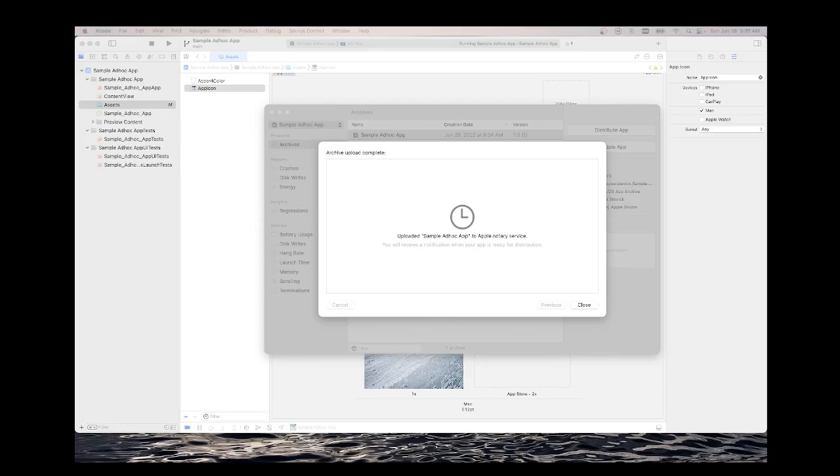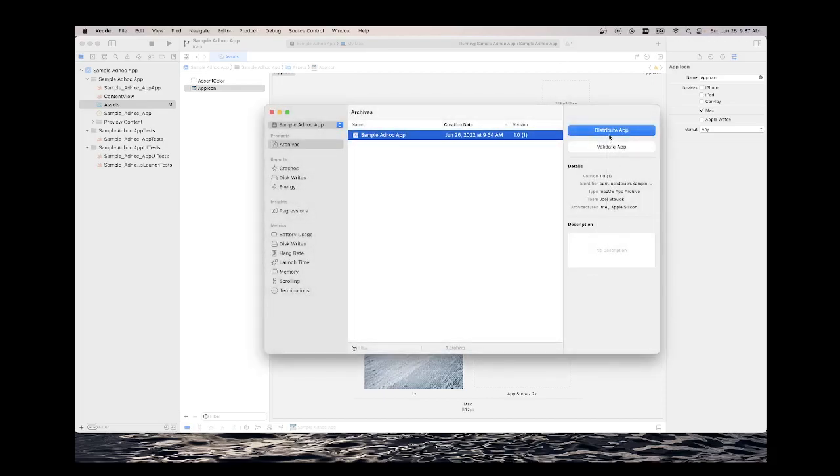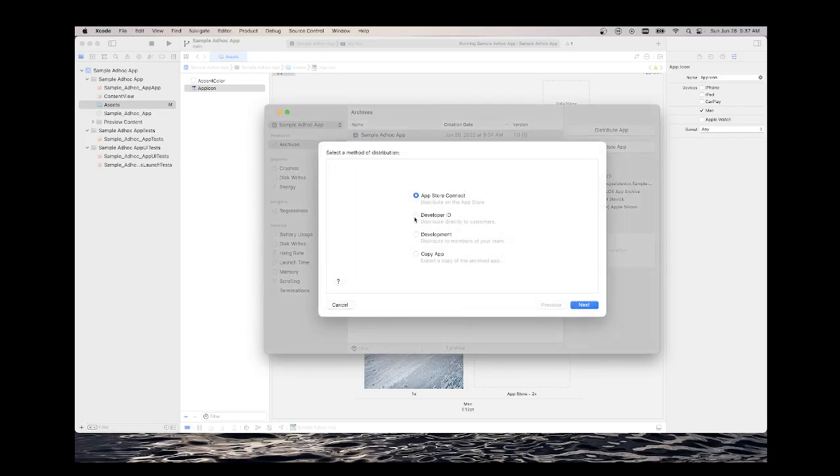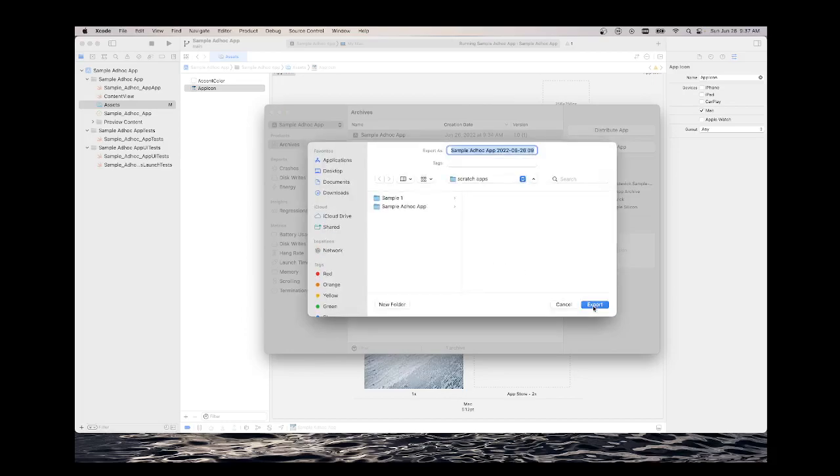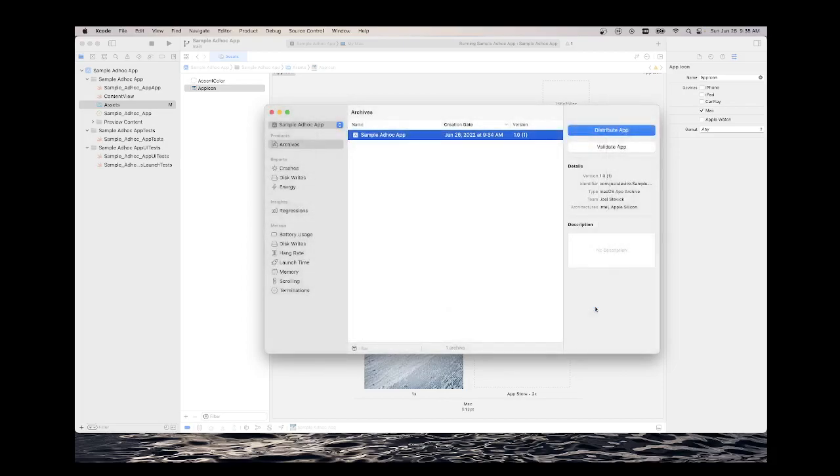Okay, so I did get that email. It took about 7 minutes, to be honest with you, and it told me that the software has been notarized and now I can export it. So let's close this, and now we're going to hit distribute app again, and we're going to go through the same click sequence. We're going to click developer ID, we're going to say next, but this time it says, your app is ready to go, and we're pretty much there. All we have to do is say export, and we just tell them where we want to export it to. So I'll just take the defaults, export, and that's great. So I'm going to say show in Finder,